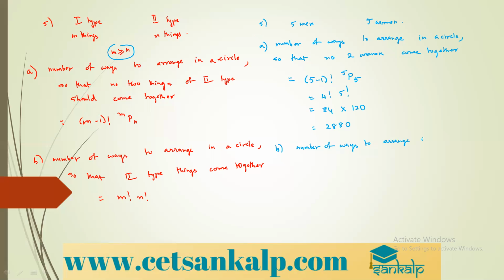But in the same case, if I say I have to find the number of ways of arranging all these 10 people in a circle, but the condition is that all the women come together, all 5 women come together and sit, because they want to talk, so how many ways will it take? You will take 5 men, 5 factorial, and 5 women, 5 factorial. That means you will multiply 120 and 120. Total you will get 14,400 ways. Okay, let us go to the next page.